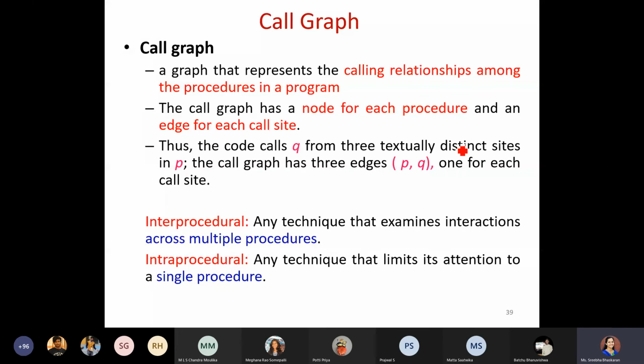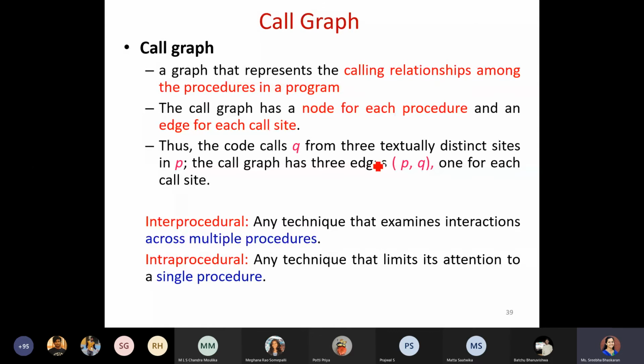Each node is nothing but each procedure, and each edge talks about the connectivity from one procedure to another procedure. One simple example scenario has been given here. Say you have a function p, and from function p you are calling function q 3 times.